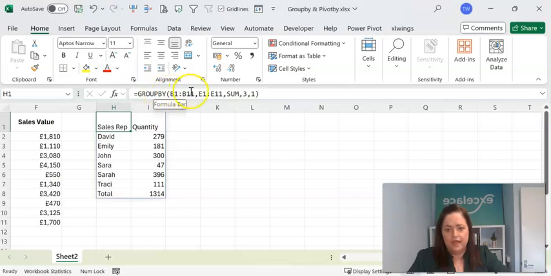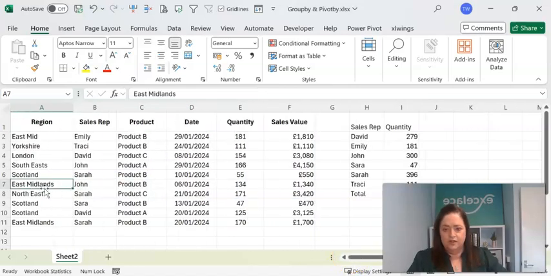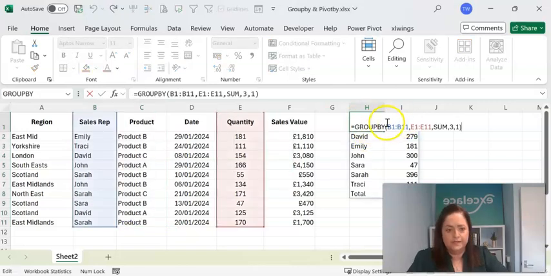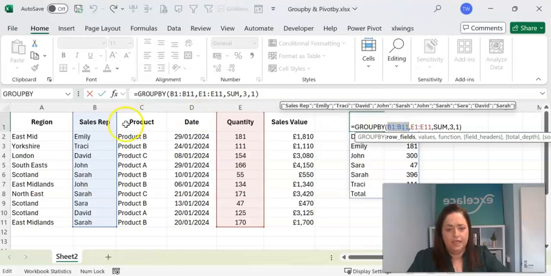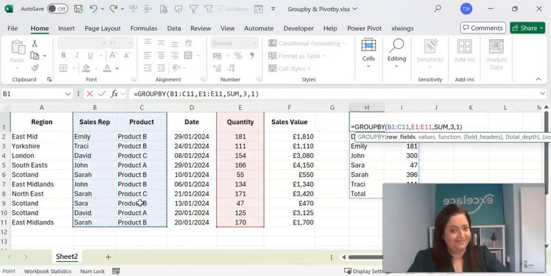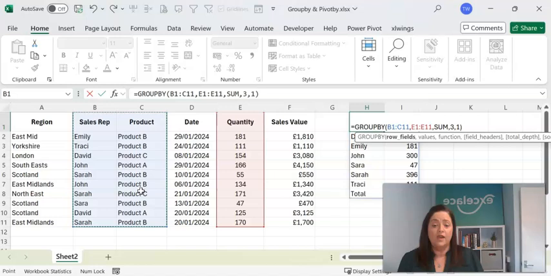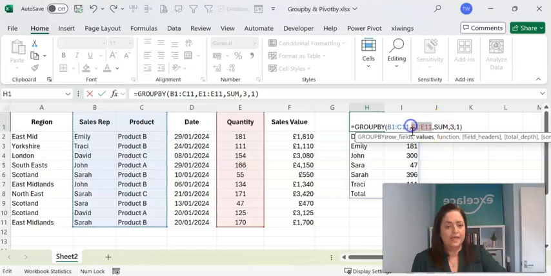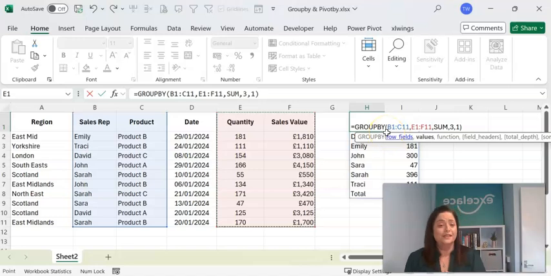Now we can take this to another level. So of course, I've got my group by using column B, which is literally the sales rep. Now what I could do, let's just look at our data again. If I wanted to see the sales rep and the product, I could change my formula. So instead of saying use column B, I could say use column B and C. So I'm now saying group the sales rep and the products, and then also show me the total quantity because it's at column E. Again, I could amend that and say, I don't want to see just the quantity, I want to see the quantity and the sales value. So now it's going to sum the 2